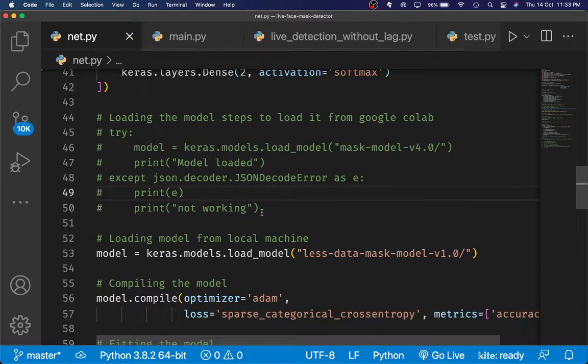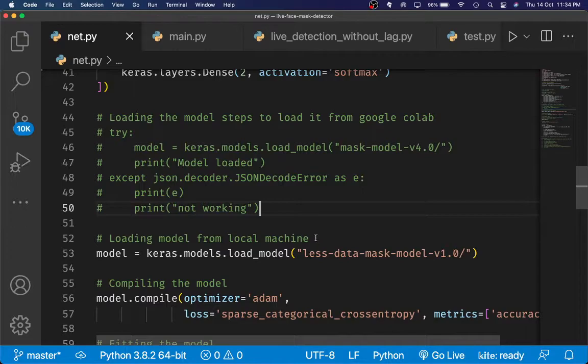The reason you need to add this extra line of code is because mask model v2, v3, and v4 were all created in Google Colaboratory. As I told you at the start of the video, when I exported it, it messed something up, and some file in the entire model folder had incorrect indentation, so it just didn't work.